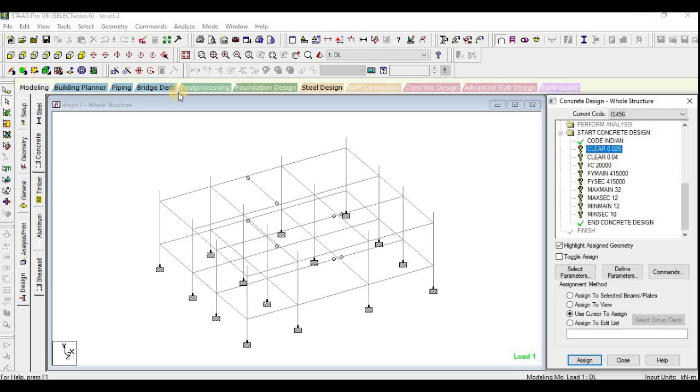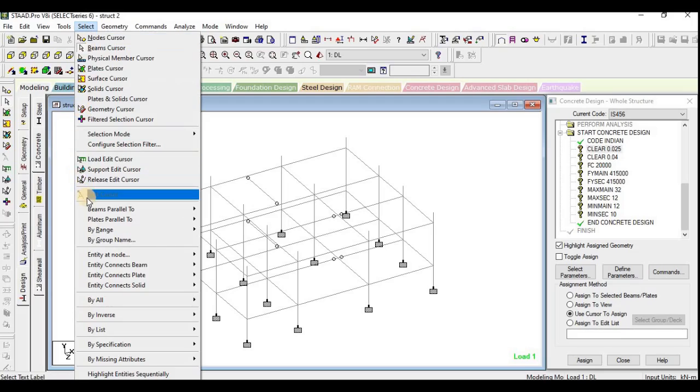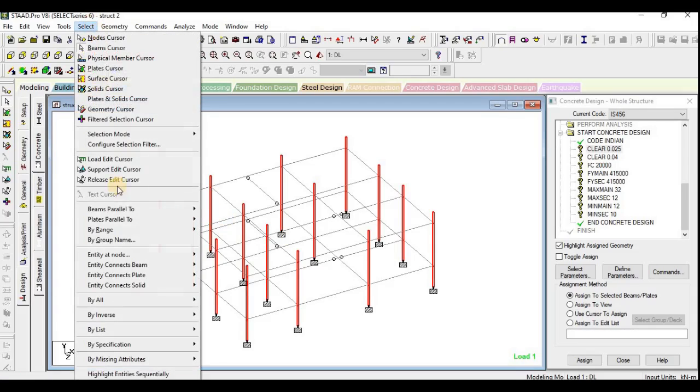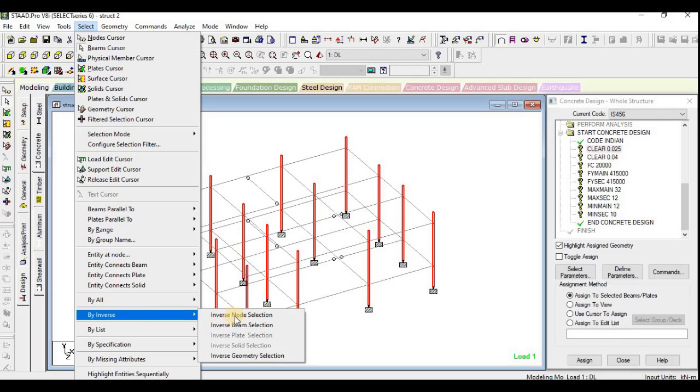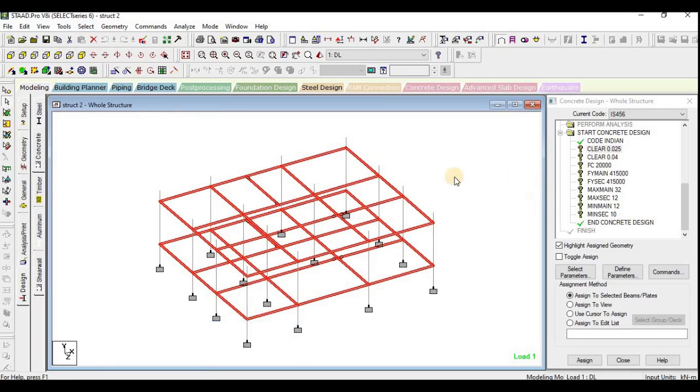So I shall choose the beams by first choosing the columns, then selecting in an inverse manner, inverse beam selection. Now all the beams have been selected. So assign to selected beams.